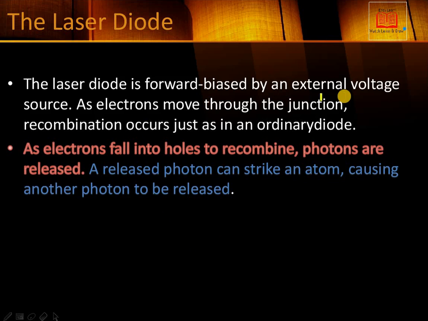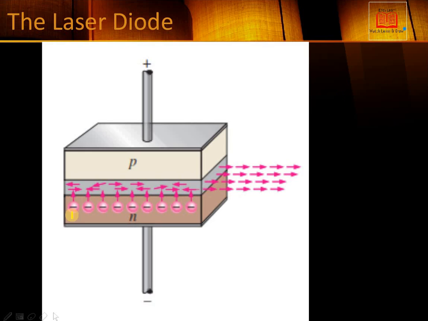A laser diode is forward biased by the external bias source. We have already explained this, and coming to this picture, this is what I want to explain. These are the electrons that are pushed from the negative. When the negative is connected to the n region, the electrons try to cross the depletion region, while the holes are pushed from the positive side and also try to cross it. But this is gallium arsenide, which is very important. So when the electron and hole pairs combine in this region of gallium arsenide,